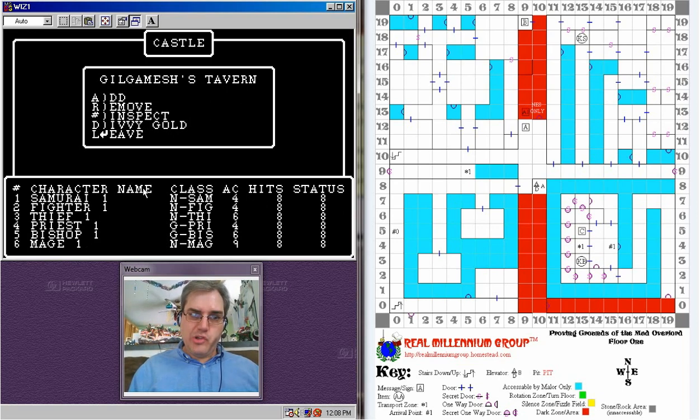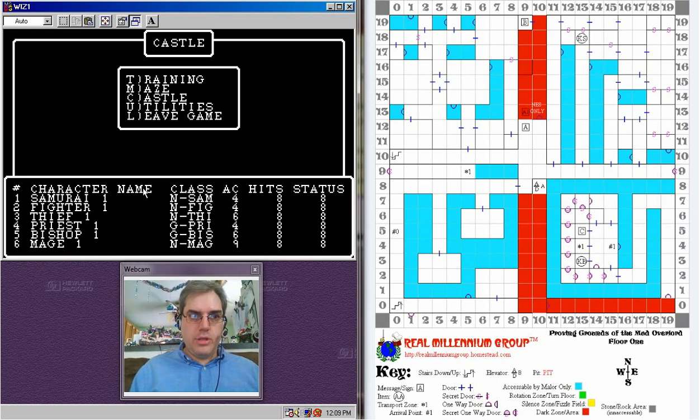So I think we are good to go. Samurai, fighter, thief, priest, bishop, mage. I think I'm happy with that. So we'll go to the edge of town. We will go to